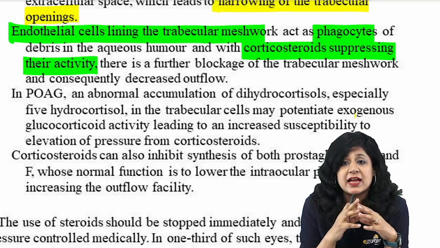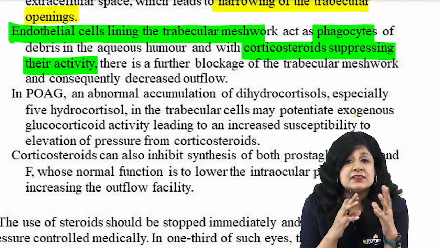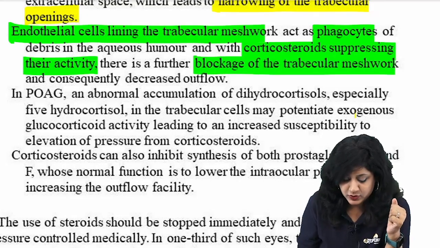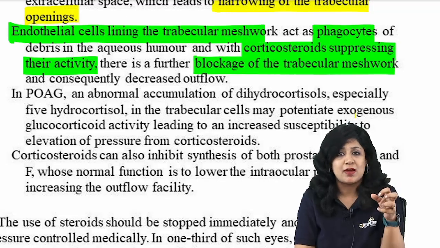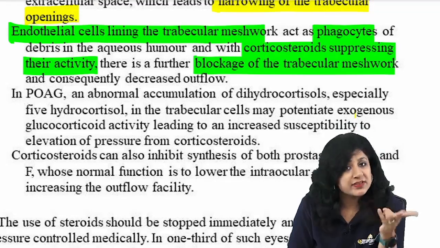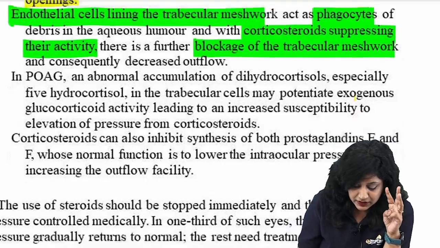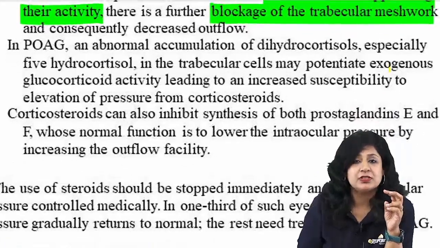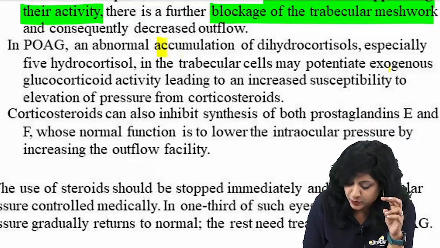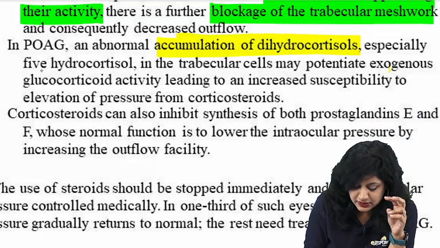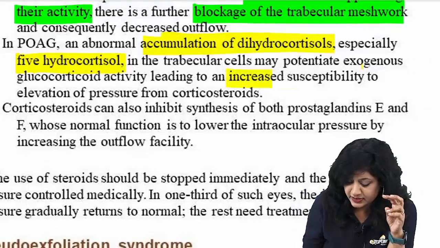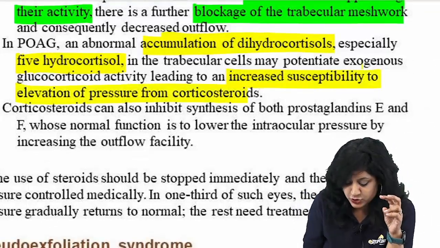So, the steroids are suppressing the phagocytic activity, and therefore there is a blockade of the trabecular meshwork because this debris is not being phagocytosed. Again, this is causing secondary open angle glaucoma. The third important thing is that in cases of steroid-induced glaucoma, we get accumulation of dihydrocortisols, especially the 5-hydrocortisol, and that is again causing the increased susceptibility to the elevation of the pressure due to